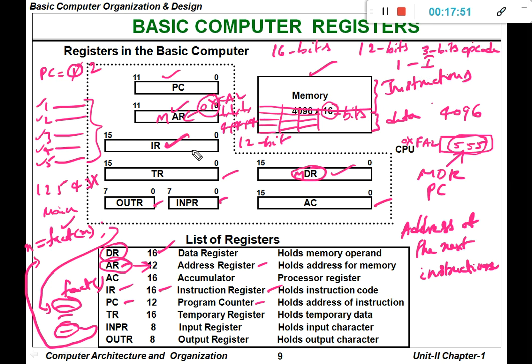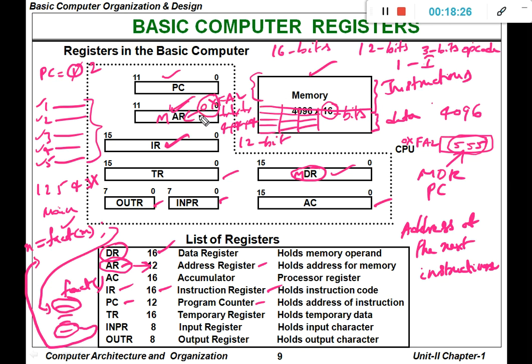IR is very, very important. IR is the instruction register. However, where is this instruction stored? It will also be stored in main memory itself. So we need to fetch the instruction from the main memory. To fetch the instruction from the main memory, we need that particular instruction's address. Where will this address be stored? Again in MAR itself.